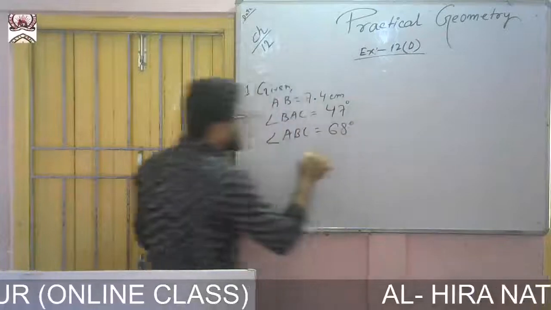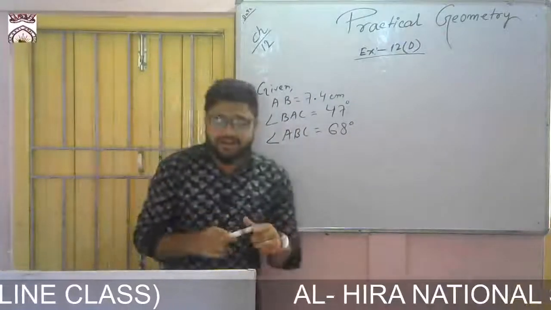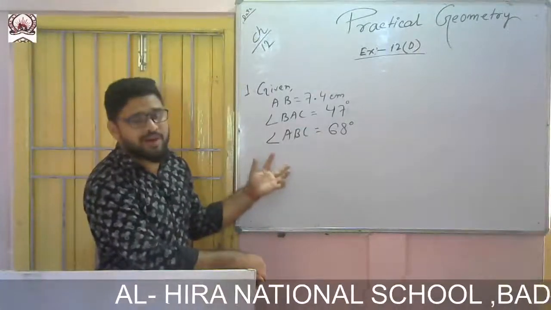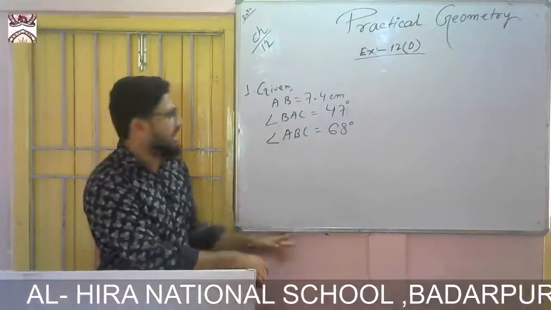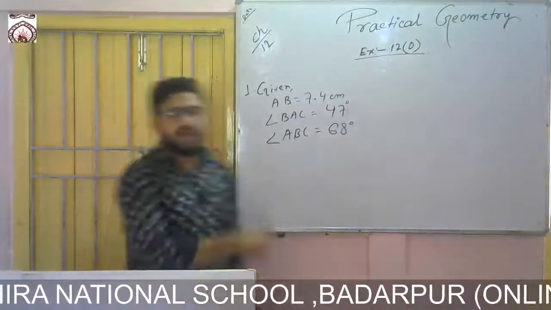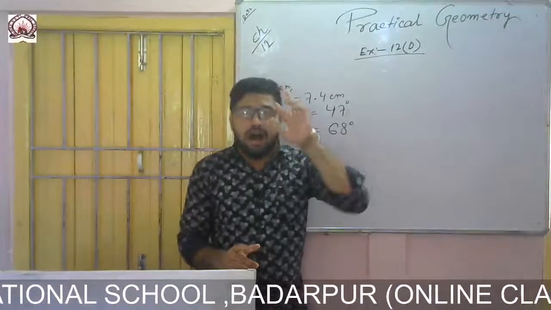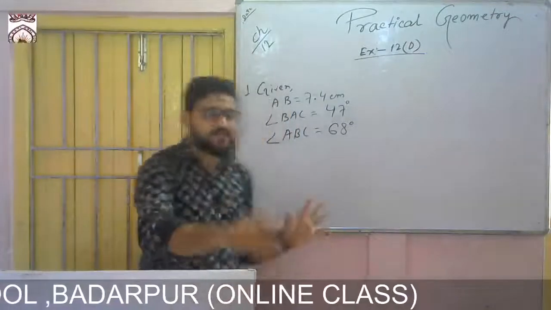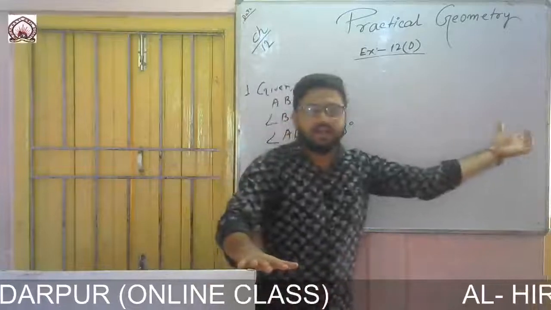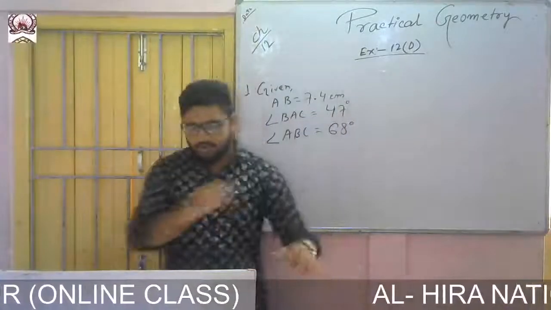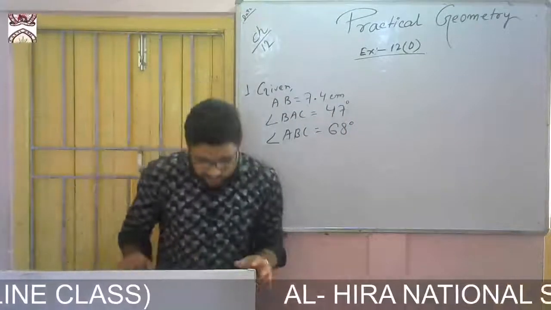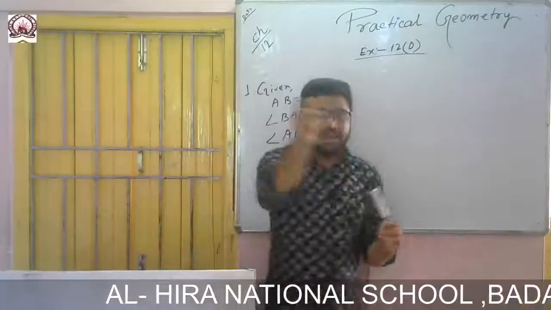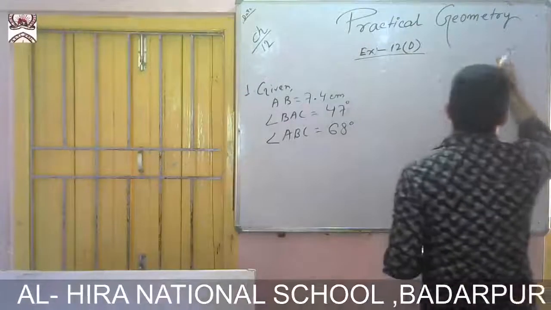So in the last exercise we have constructed only one angle. But here in this case we shall construct two angles in the triangle. So as earlier, how we have constructed one, after that again we shall do the same steps, and we will be doing this one at the extreme right corner. So see, first you take AB equals 7.4 centimeter. Let me draw a rough sketch of the figure before drawing the accurate one.